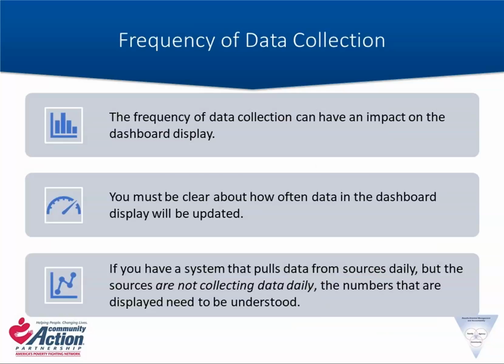A couple ideas about this is about the frequency of data. The frequency of the data really has an impact on how often you're going to update your dashboard or what your dashboard display might look like. So you just want to be clear about it, and you want to make sure that it connects to what makes